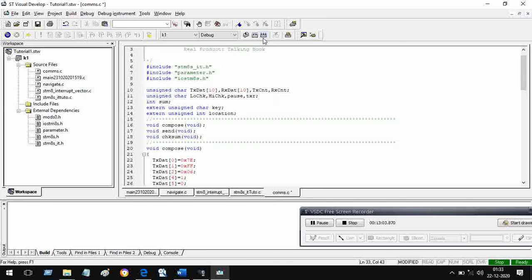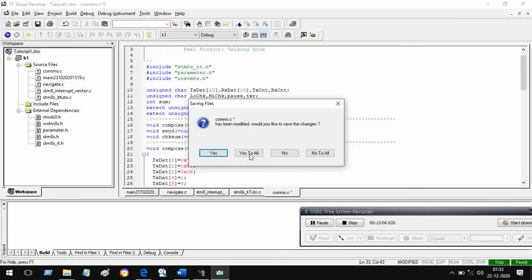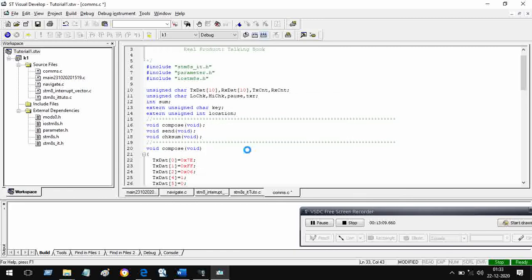So let us rebuild it. Yes to all. So it is doing the job, hopefully.